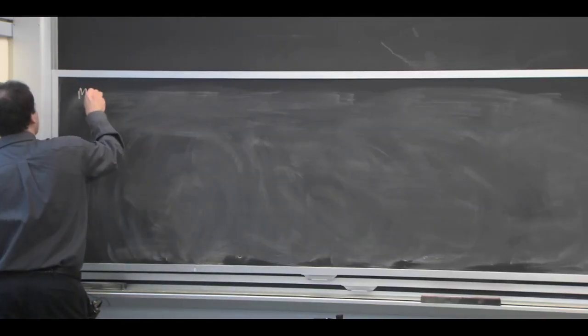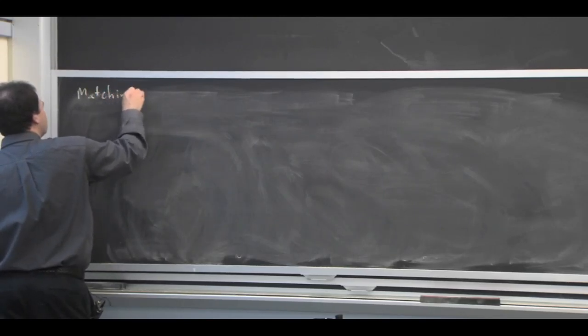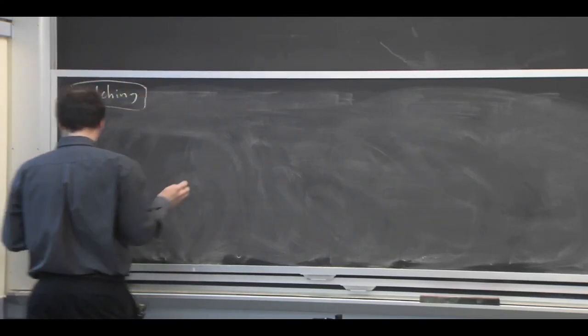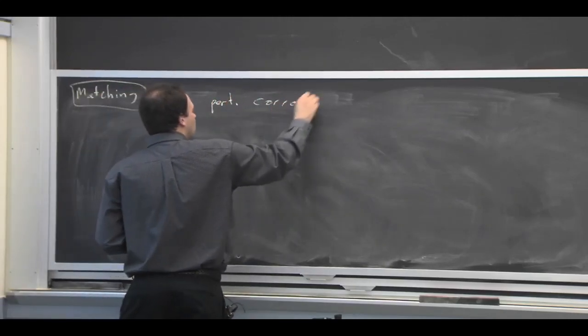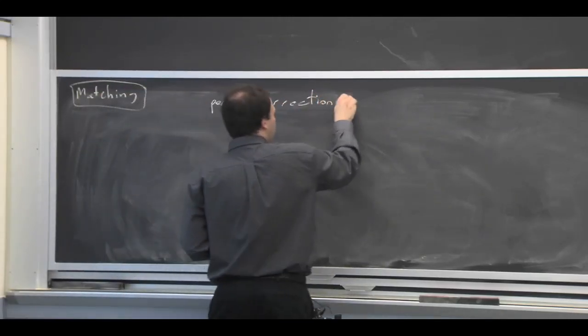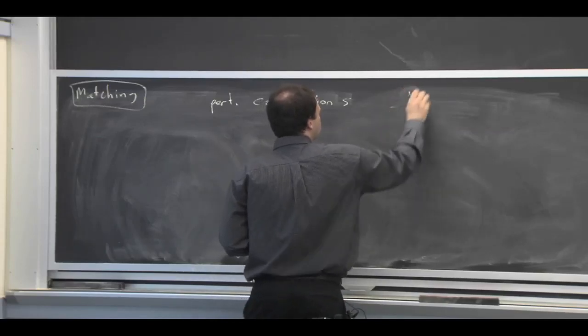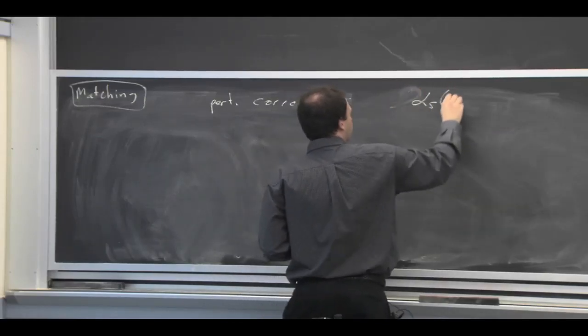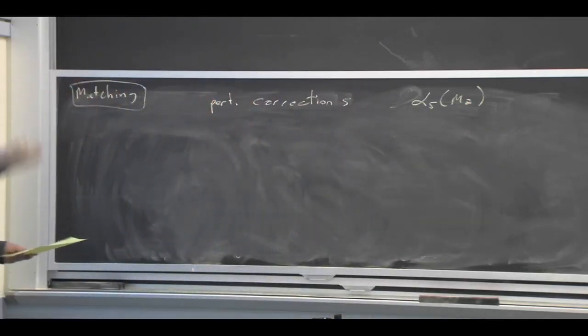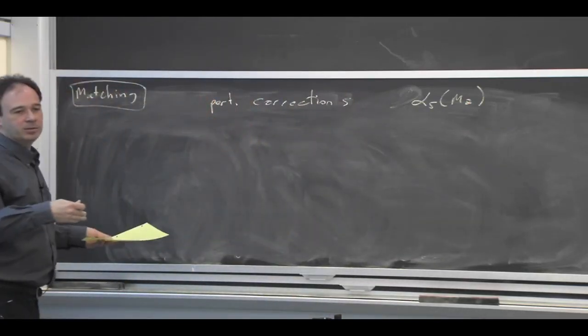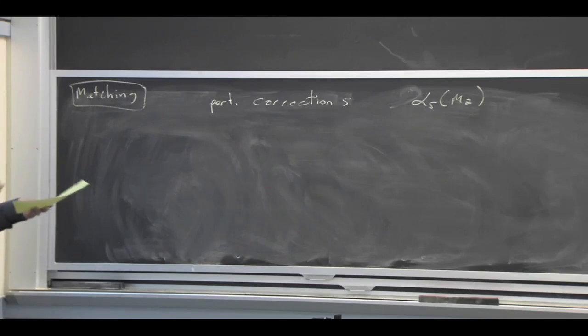Let's also talk a little bit about the matching story. So these are the perturbative corrections at the scale MQ, so alpha S at MQ. We had perturbative corrections at the W scale when we integrate out the W boson. Now we have another set of perturbative corrections at the heavy quark mass scale when we integrate out the